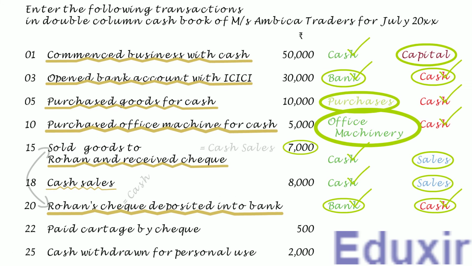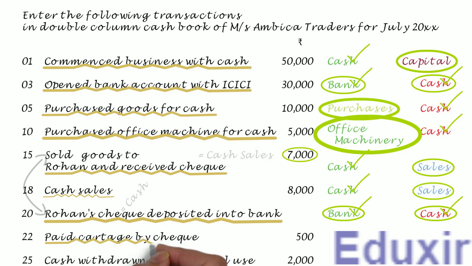In this transaction, the business has paid a cartage of 500 rupees through check. As in this case, the payment is done by issuing a check, we consider this as payment through bank. Now, cartage is an expense. In other words, the business is incurring an expense named cartage in this transaction. The rule to record an expense incurred is to debit the corresponding expenses account. In this case, the cartage account should be debited.